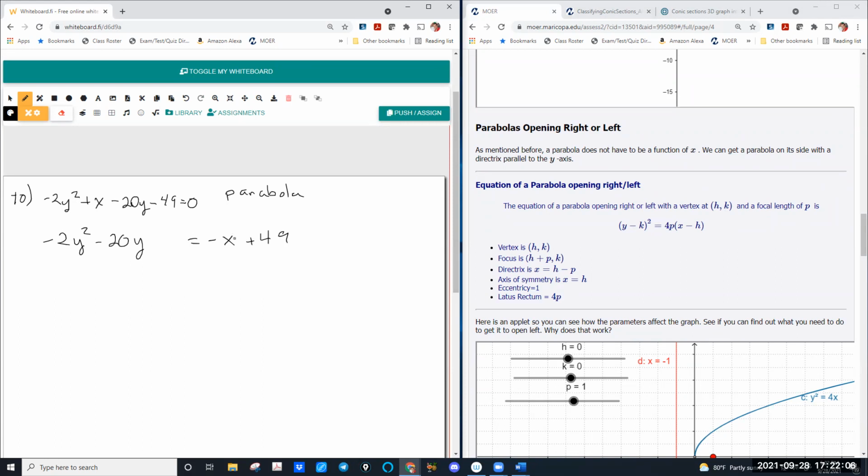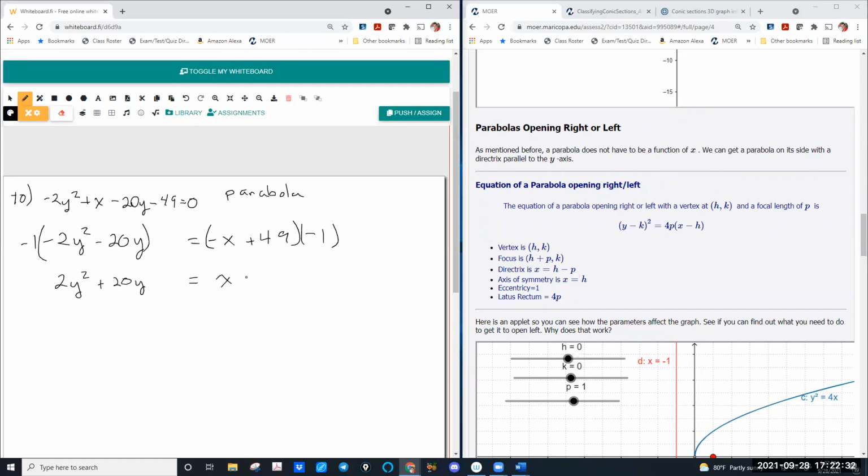Since both the y squared term and the x are negative, we'll make all of that positive by multiplying both sides by a negative. So we have 2y squared plus 20y